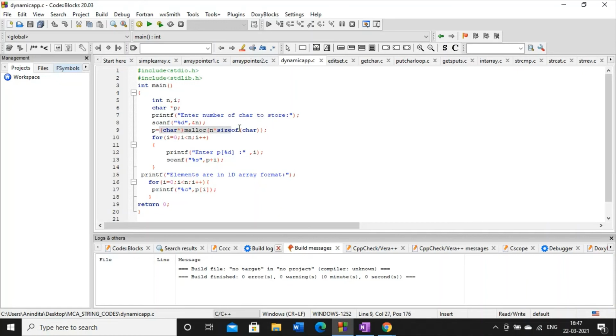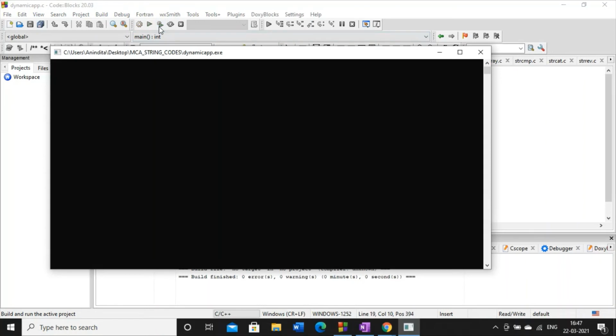After defining malloc, this is how I am taking input from the keyboard, and this is how I am printing the output. So there is nothing new, but there is one puzzle. Let me execute this code first. Enter the number of characters to store, meaning what is the value of n? So 5.